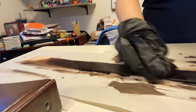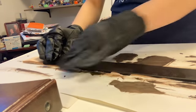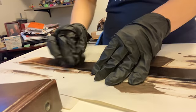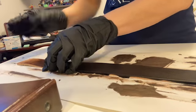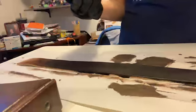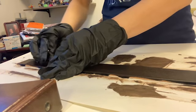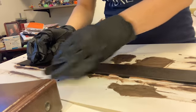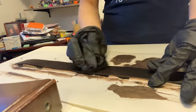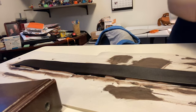Last week I was having problems with doing little circles, but since I broke the handle, this seems to be a pretty good technique for just the sponge by itself. Okay, that looks pretty good and consistent. Let's work on